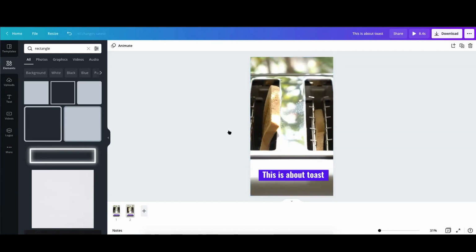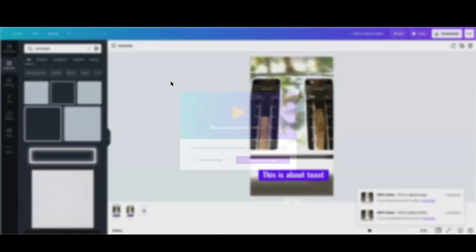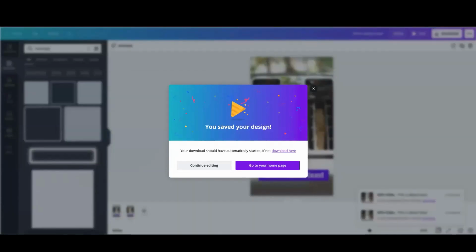And obviously, because we are trying to update the text here and show that it's captions, I'm going to change my text on slide 2. Oh, and I got a bit lucky there. Okay, so I am going to download that video because I would like to have a look. Save file, okay. Now I'm going to open up my file on my computer